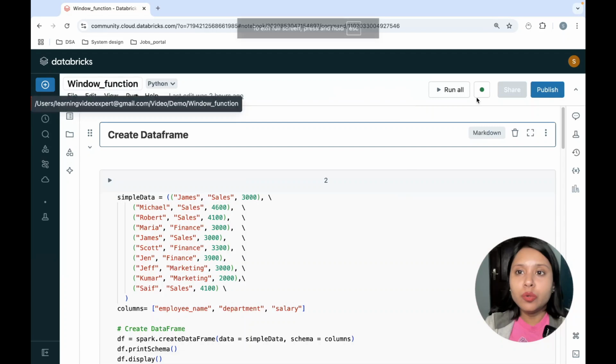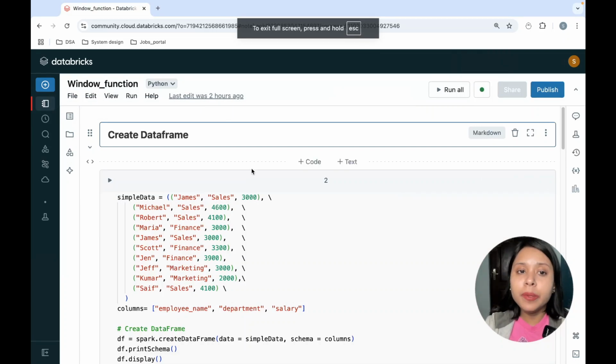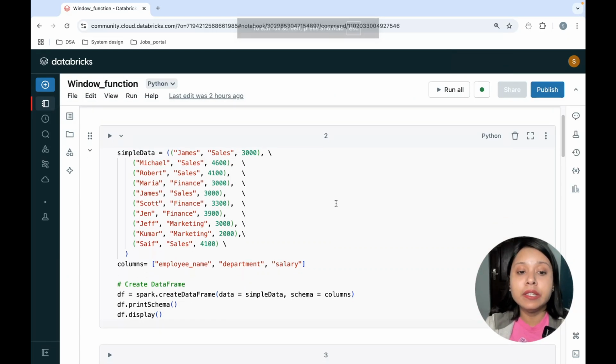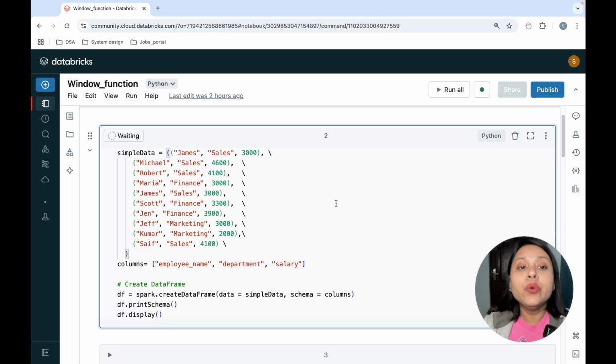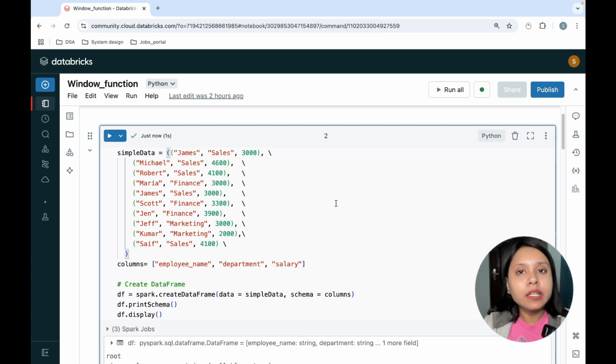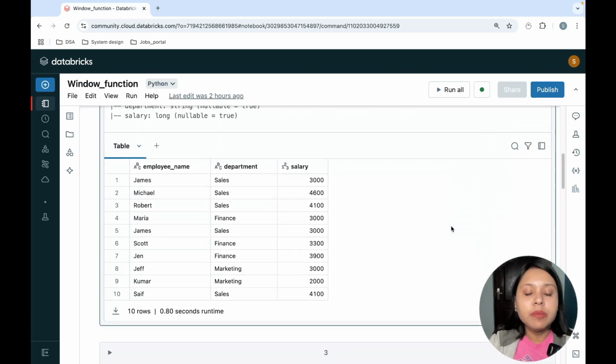So this is my notebook. I have my cluster open. I have created a data frame. If you don't know how exactly you can create a data frame, please go ahead and watch my previous video in which I've explained how to create a data frame. Now this data frame is ready,